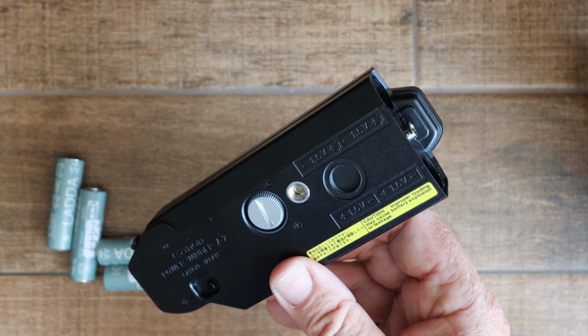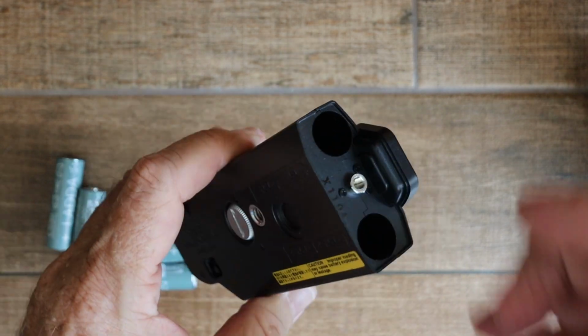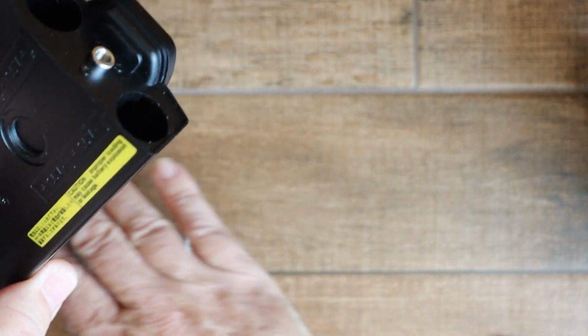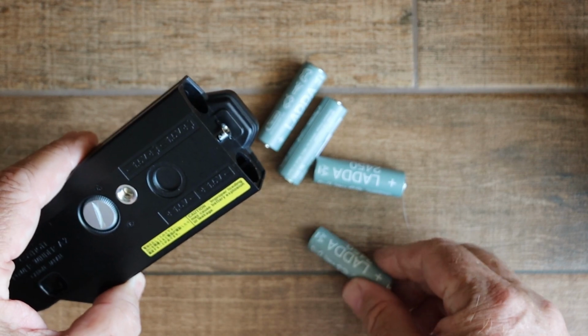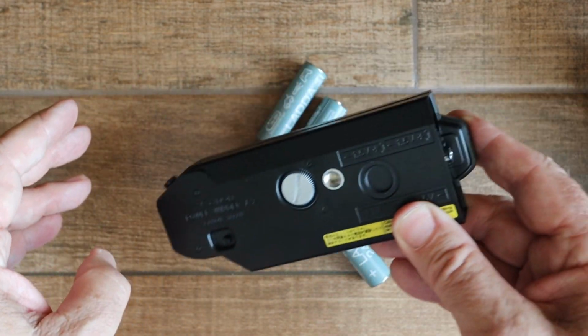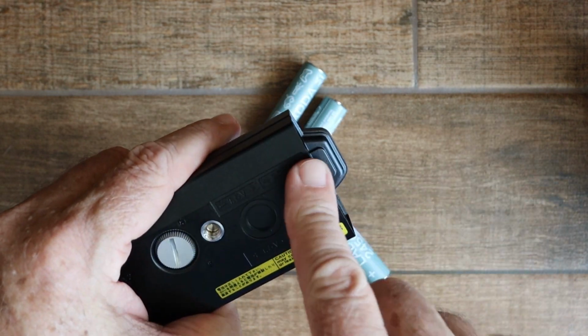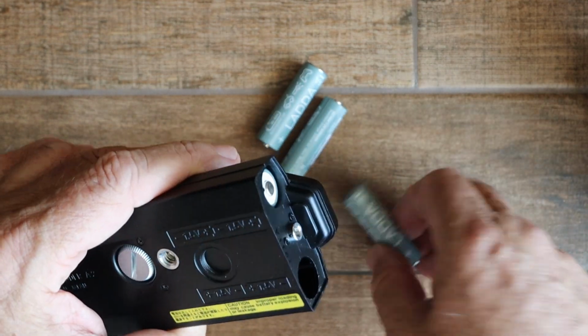The power comes from 4 AA batteries, and when it was released, Canon recommended alkaline batteries, although you could use nickel cadmium. These days I just use nickel metal hydride rechargeable batteries for all my camera gear. That includes flashes and these power winders, and no problems at all. So the orientation of the batteries is shown on the outside of the case. Just put the batteries in